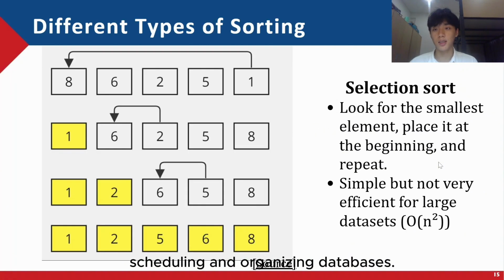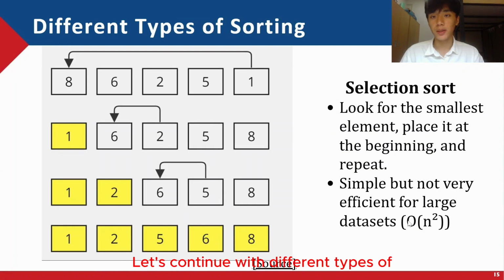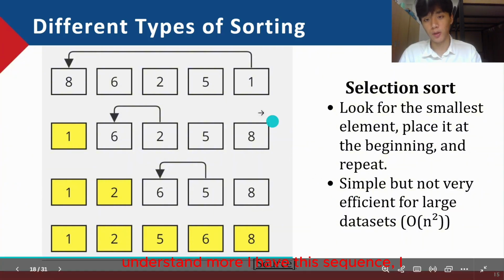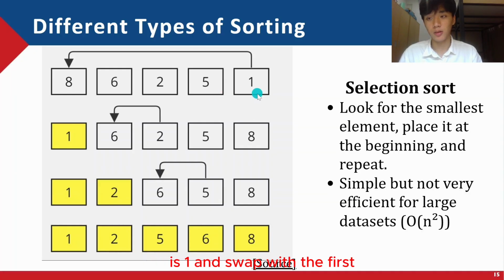Let's continue with different types of sorting, but I want you to know that all the examples I show later, I want to sort in ascending order. So first, selection sort. This algorithm looks for the smallest element, places it at the beginning, and repeats. For you to understand more, I have this sequence. I will look for the smallest element, which is 1, swap it with the first element, and I will get